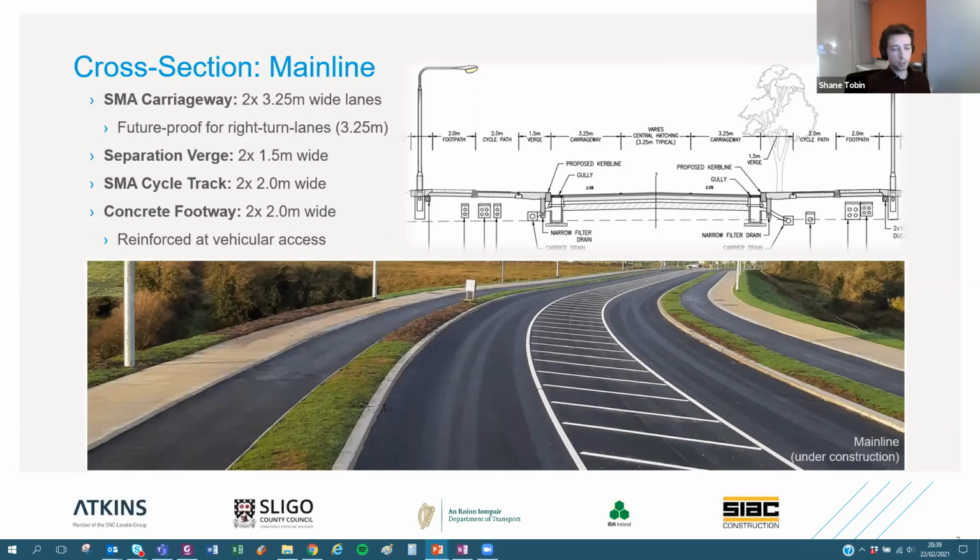And I suppose the narrow traffic lanes, relatively high curbs on each side, and the significant hatching in the centre all help to promote lower speeds on the route. Then on each side we have 2 metre wide cycleways and footways. And then just to note that the concrete footways were reinforced at each of the private access points